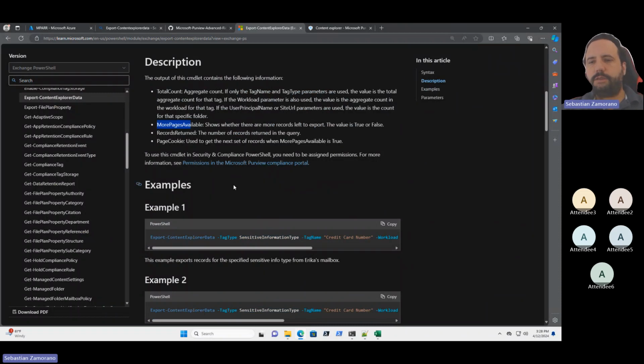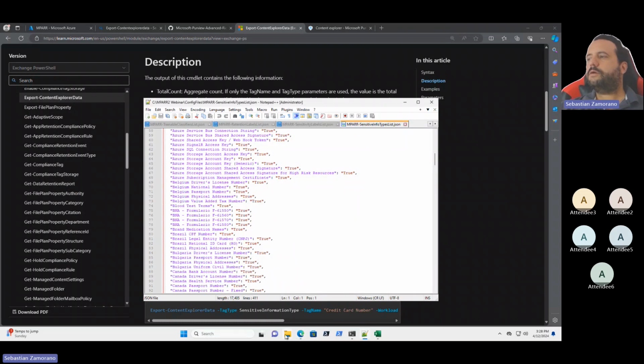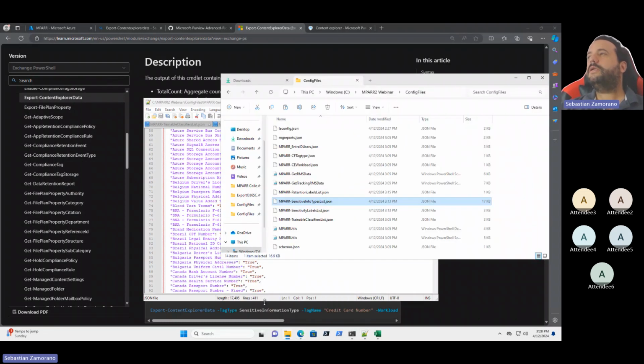Someone is asking about permission to export to Logs Analytics and Event Hub. You cannot export to both services at the same time. What happens is that when you configure MPARR with the new configuration,